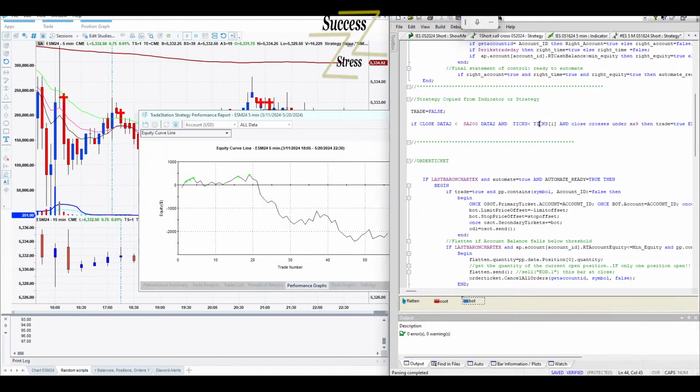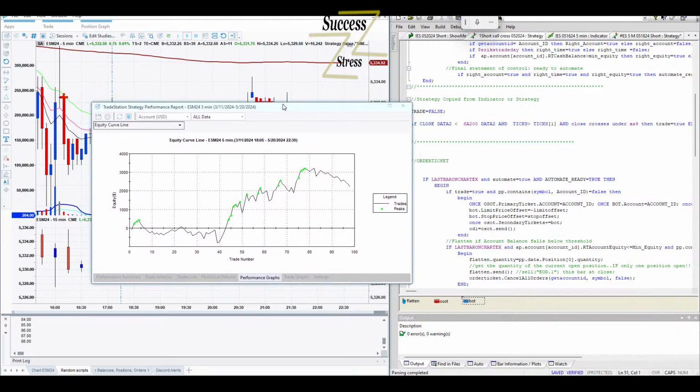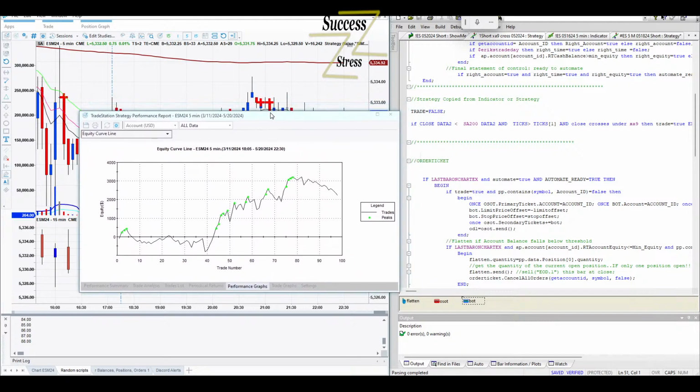Terrible. All right, well, let's say that the ticks has to be greater than. Oh, wow. Is that the key? I mean, that's a big difference, right? So this strategy, after playing around with a bunch of stuff, which is not really the way that I like to do it, but you know, it works. All you're doing is just coming up with ideas and filtering.